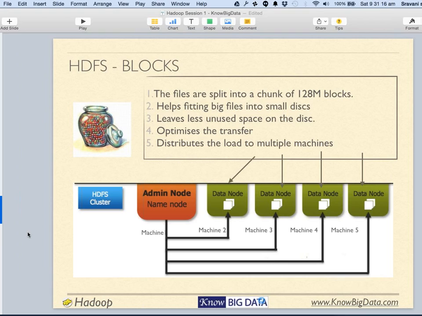And whether name node or data node, they are essentially processes. These are essentially programs that run continuously, listening on a port and waiting to answer your query. So name node or data nodes are services which run in the background.